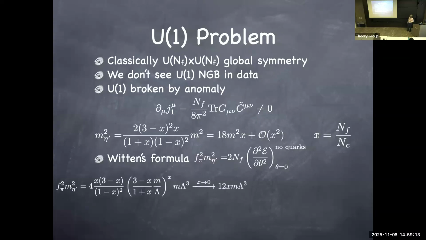And here we can show that. So f_π, we computed already. m_η′ squared, we computed here. Taking the product, sending x to 0, this is the limit. We can also compute this topological susceptibility in the theory without quarks. That actually turns into this one. And by multiplying them together, they are exactly the same.